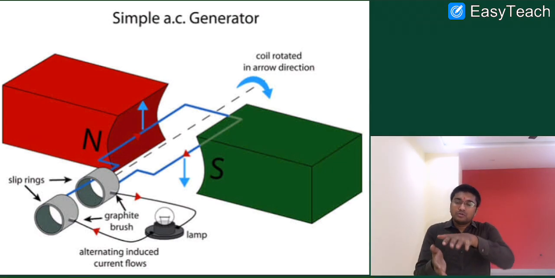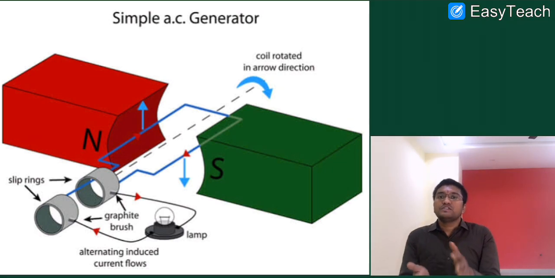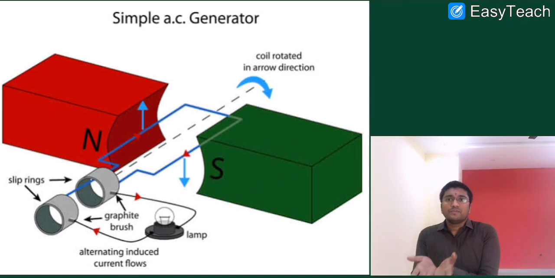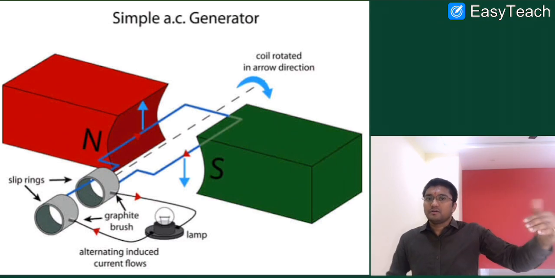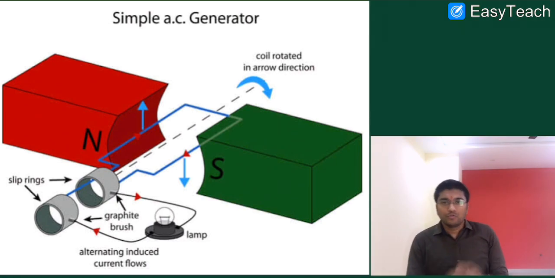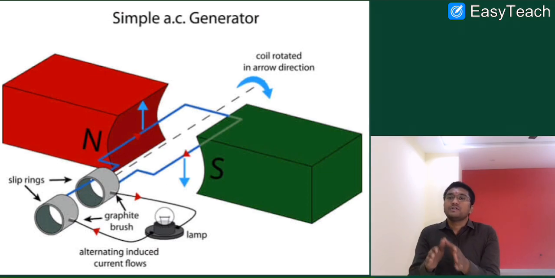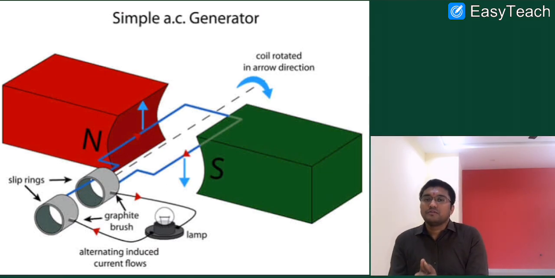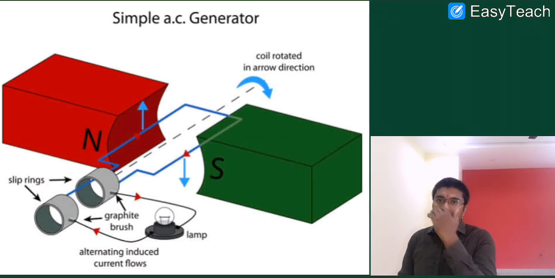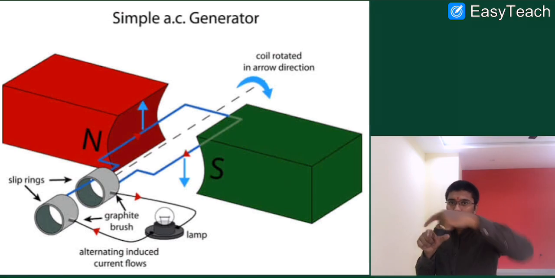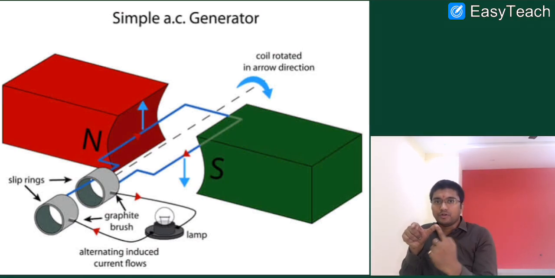To convert mechanical energy into electrical energy, we need some kind of setup. There are basically two types of generators, alternating current generator and direct current generator. Based on the type of generator, we need some kind of setup. You can see on the screen the setup of an alternating current generator. We use a U-shaped magnet. As you are able to see the front side only, you can see only the north and south pole.